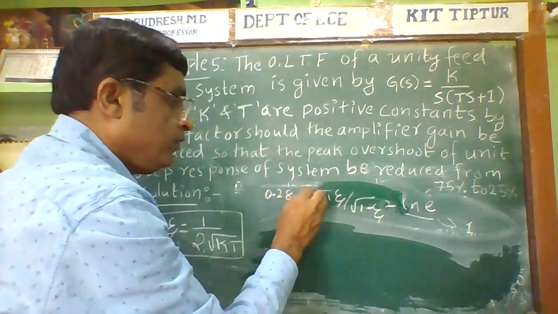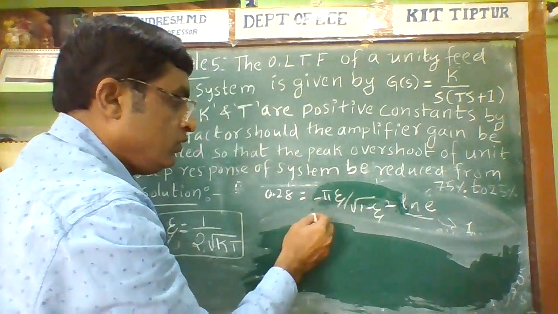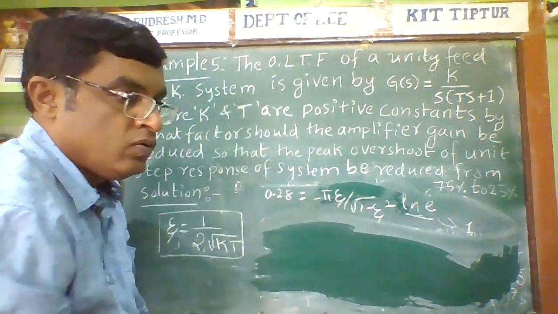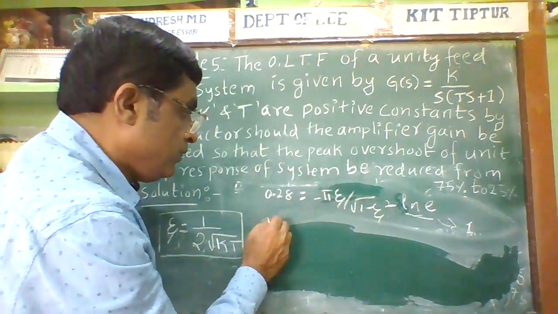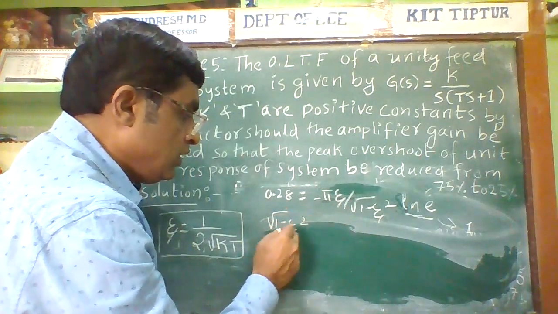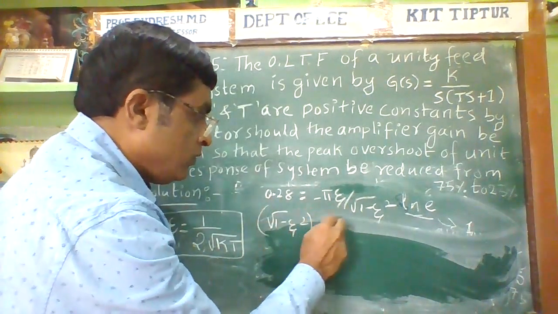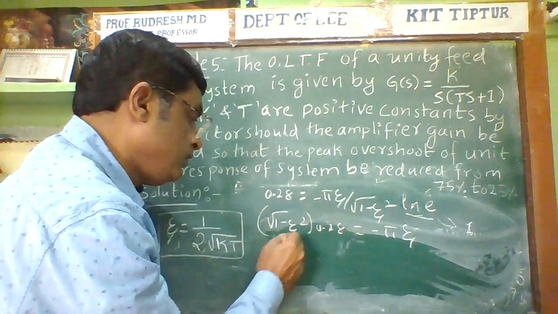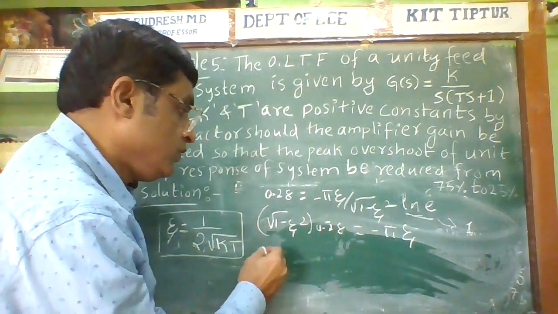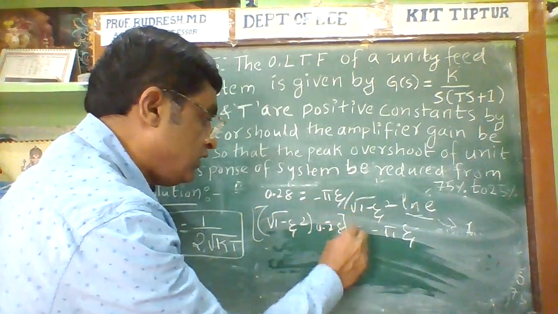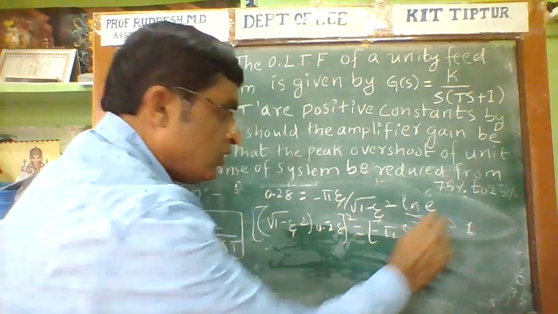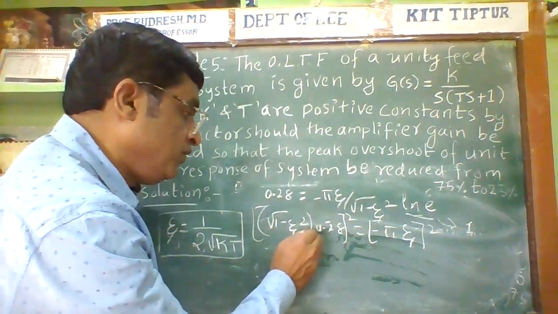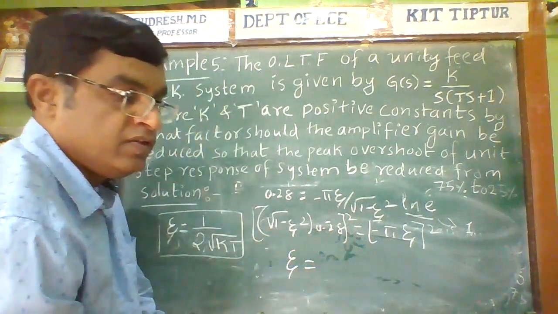Now this is equal to 1. Therefore, now square on both the sides. Now square on this is equal to this. So now this into 1 minus zeta square into 0.28 is equal to minus pi into zeta square on both the sides. If I square on both the sides, then if we simplify, we will get zeta is equal to